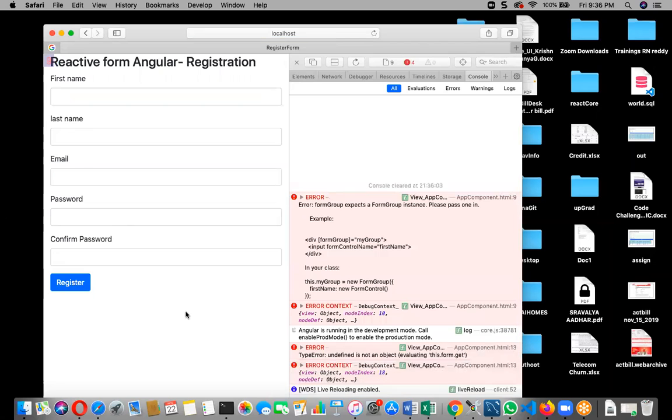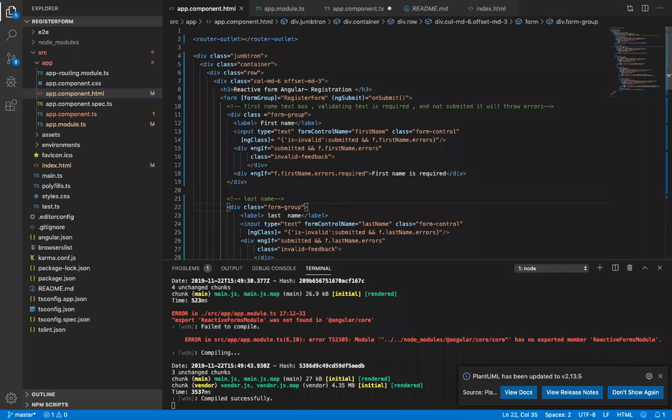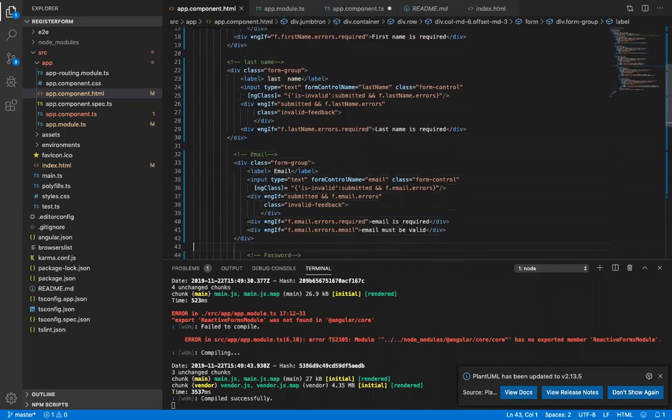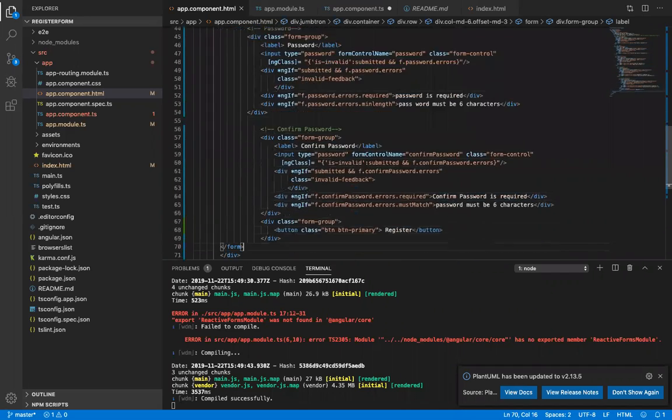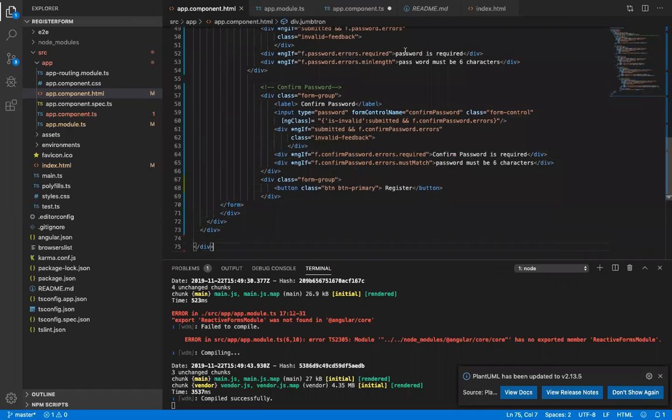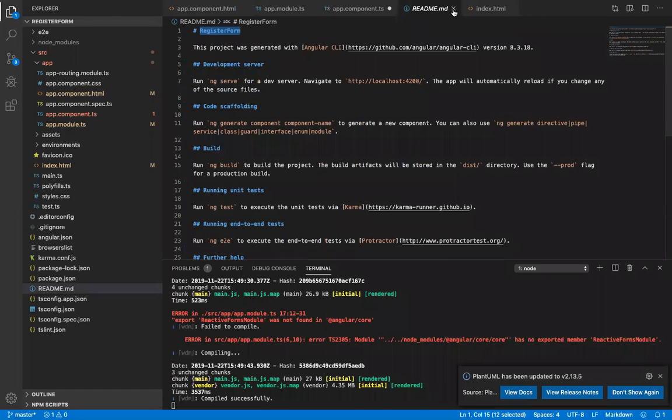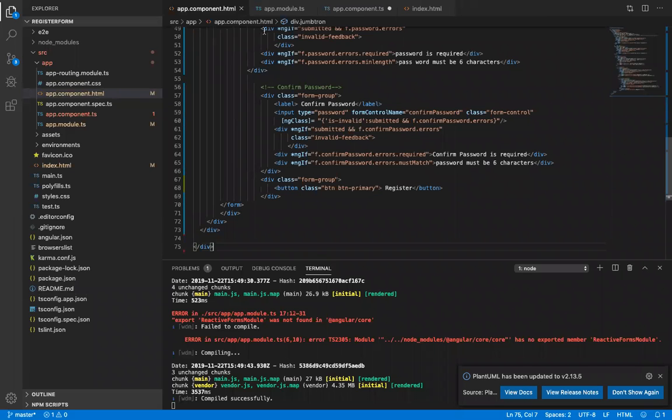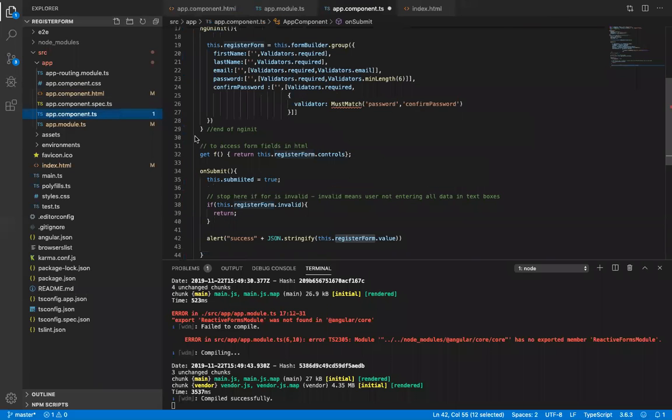So if someone types everything and then submits it, what will happen? It will be submitted. The alert will be read, and JSON.stringify, whatever you are passing to the alert, will give the total values you passed, and it will show you in one alert. But here, since we have the error,